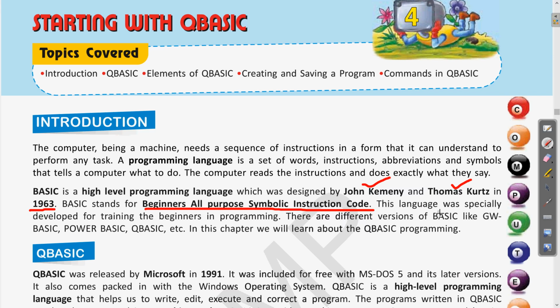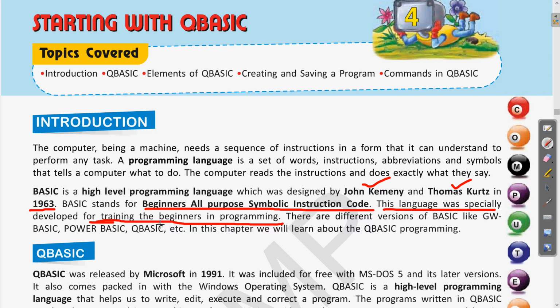This language was especially developed for training beginners in programming. So those who are new to the programming concept start with something easy. Whatever we learn, we start with some basic concepts, as we read English or any other language, Hindi, Sanskrit. First we start with very basic things like the alphabets, consonants, vowels.